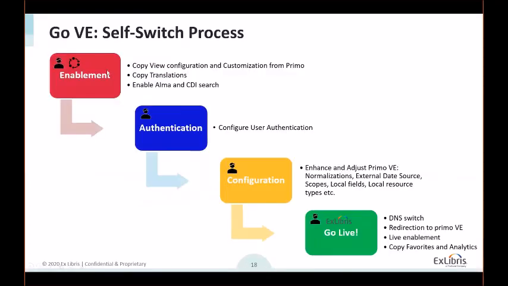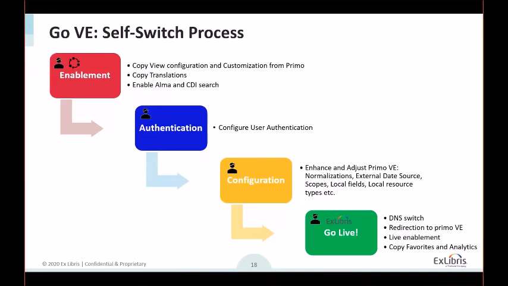The first step is the enablement, which is an automatic process. You can see here, this is an automatic process that creates the basic components to start with Primo VE. During this enablement process, you can select the view that you would like to create